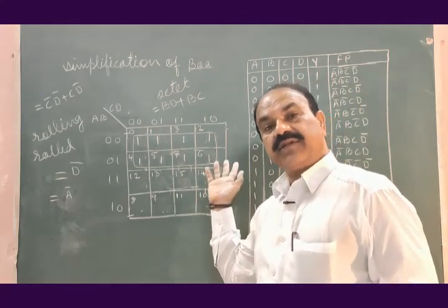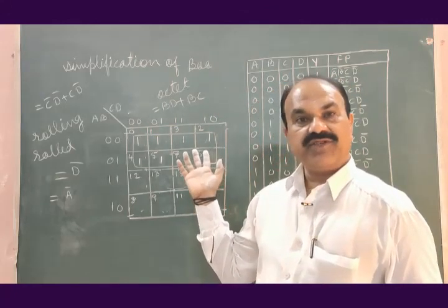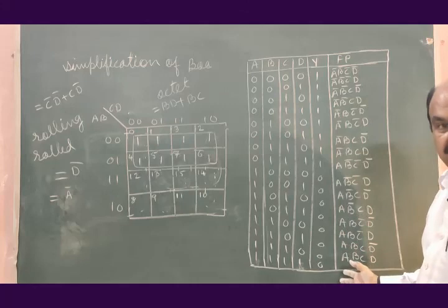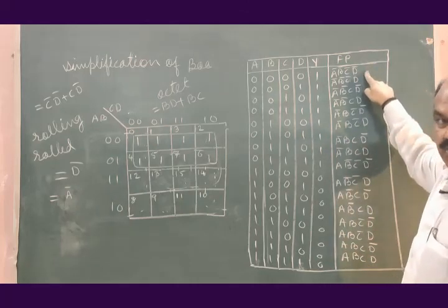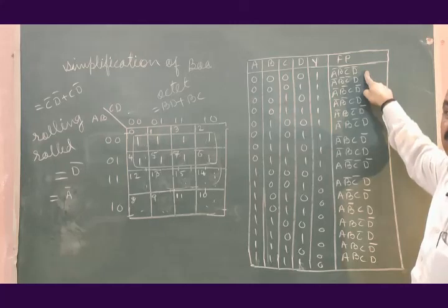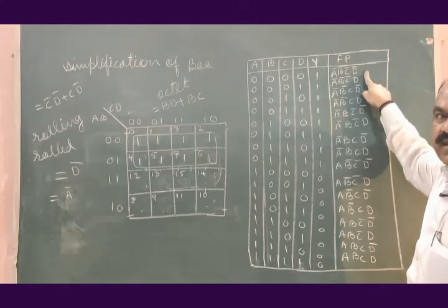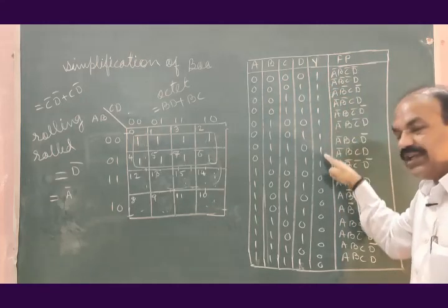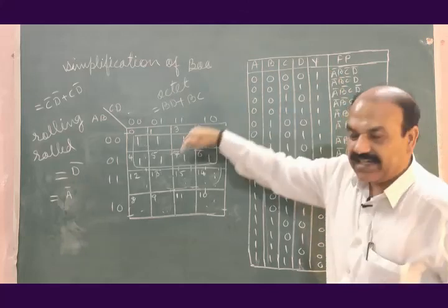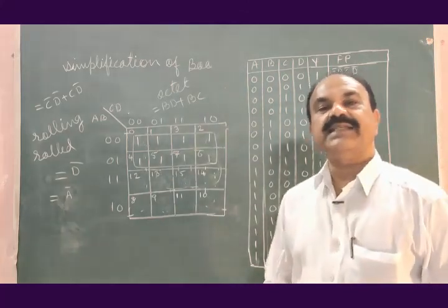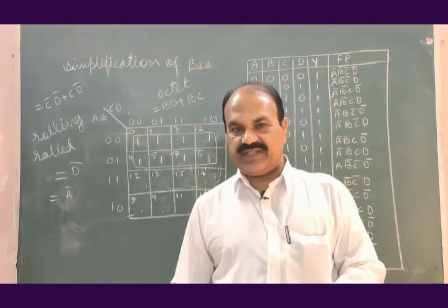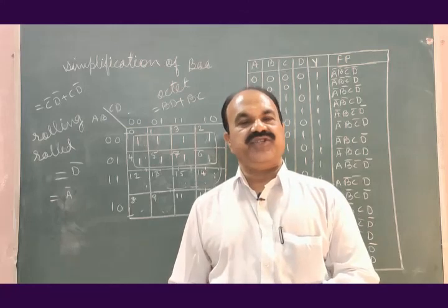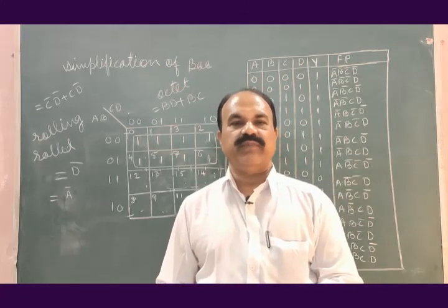The given truth table is nothing but the given SOP form of Boolean equation. This truth table has 16 fundamental products, and so these 16 fundamental products will be logically summed. We are going to take only that fundamental product which has 1 in the output, okay, and insert that on the Karnaugh map and then simplify it as I explained. So this is the way of simplifying Boolean expressions using the Karnaugh map.